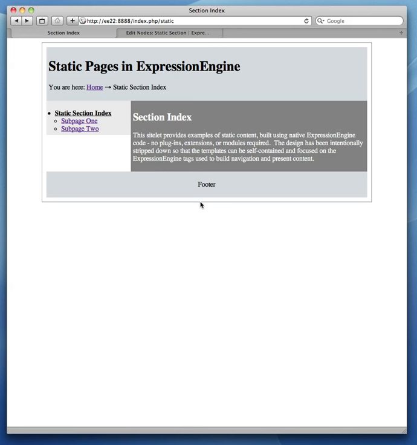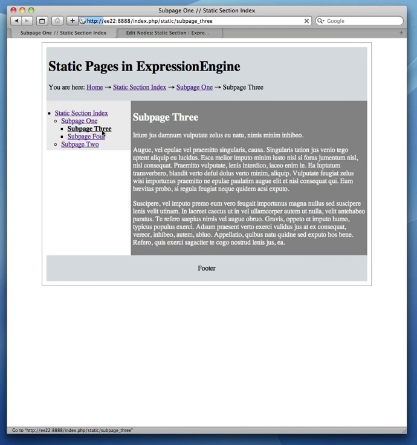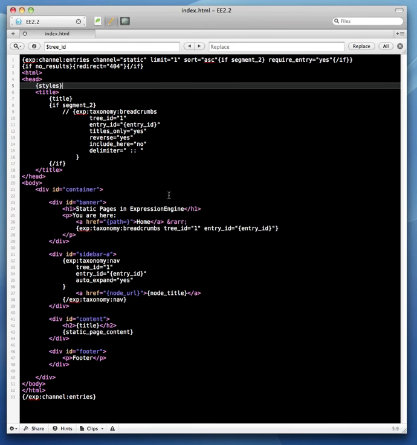Alright, so where we're at is from the last tutorial where we had our breadcrumbs implemented and our title trails. So we've got the current page being highlighted in the navigation, we've got breadcrumbs and the browser title trail. So to take a look at that template, I've just moved things around a little bit, but it's essentially the